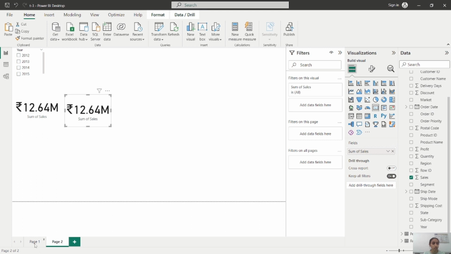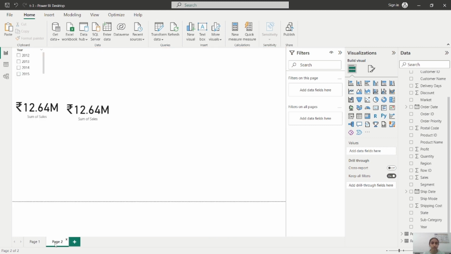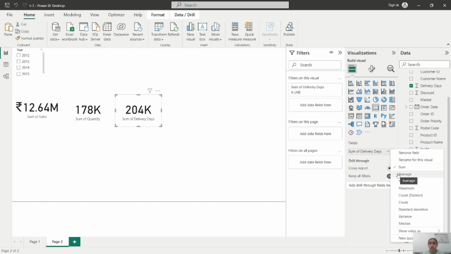Now what do I want? Now we want quantity, delivery and return orders. So here we'll use quantity instead of sum. Quantity, delivery, but here we want average of delivery, so from here we will use,